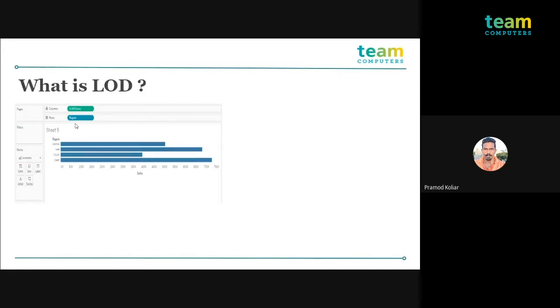Okay? So region is nothing but a dimension, और उस particular dimension के अंदर हमारे पास 4 attributes. So sum of sale is represented along with the central, east, north, and west region. So this is nothing but the Viz level of detail expression, right? जो भी Viz हम represent कर रहे हैं, sales जो है उसी के हिसाब से bifurcate होके हमें दिख रहा है. That is what we call the Viz level of detail.